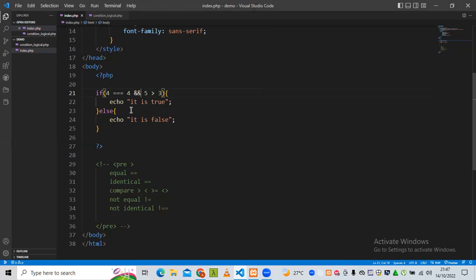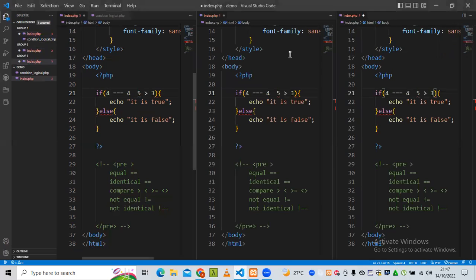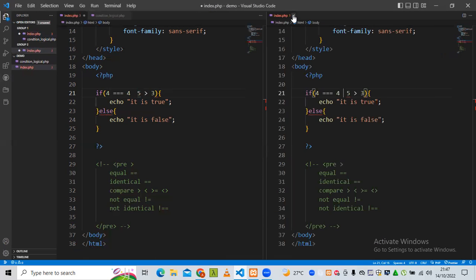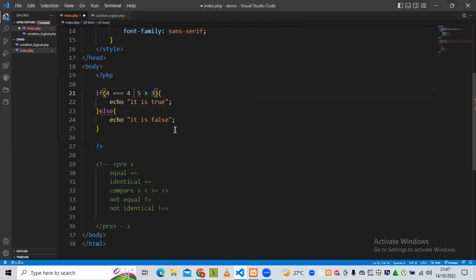But in the case of using OR, this is how we write OR. Okay, this is how we write OR. You see it. So this is how we write OR. Now, the way OR works is if one condition is true, the code is going to run. You understand? Okay, let's say 4